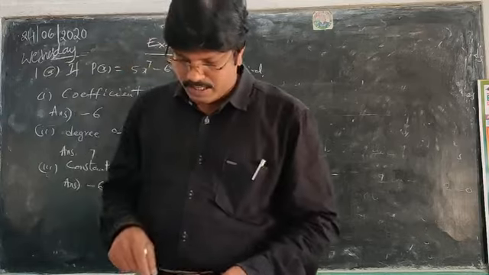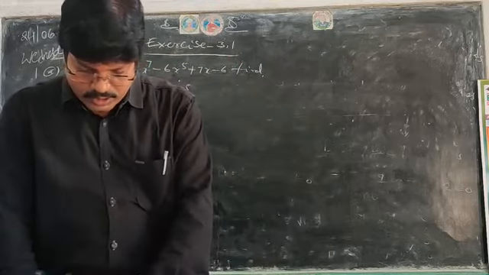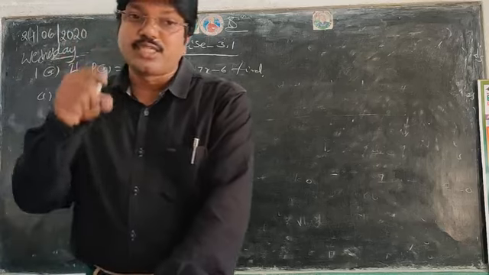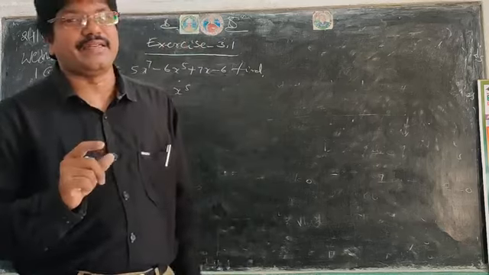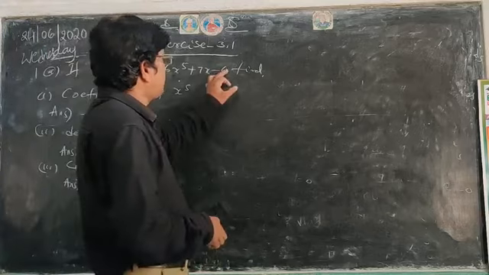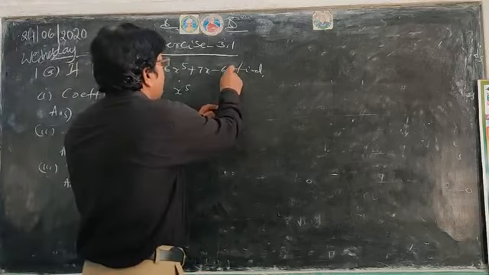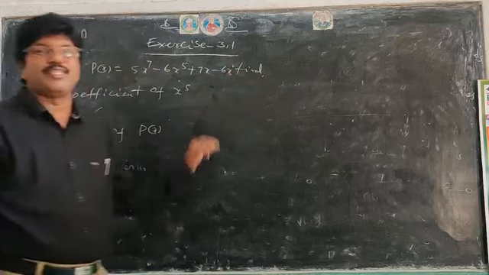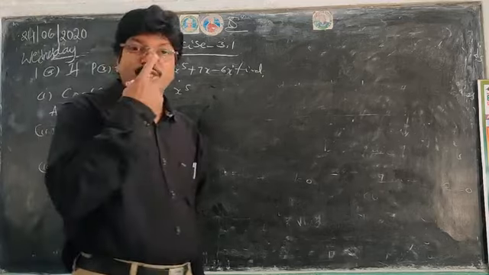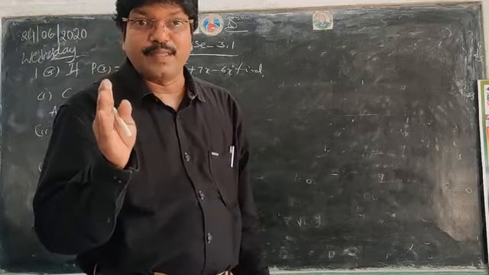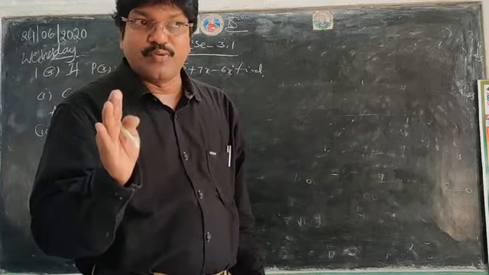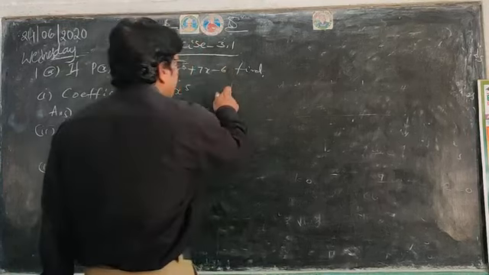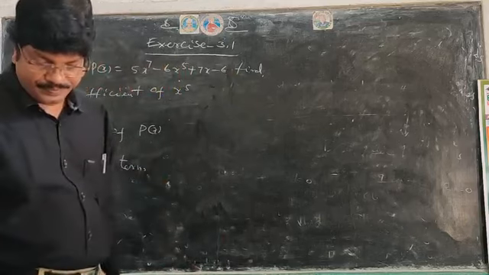So, the degree of a constant term is 0. It's absolutely right. True. We can put x power 0 beside the constant term like this also, because x power 0 is 1, as you have known in previous classes. A power 0 is 1, x power 0 is 1. So the degree of the constant term is 0. It's right.